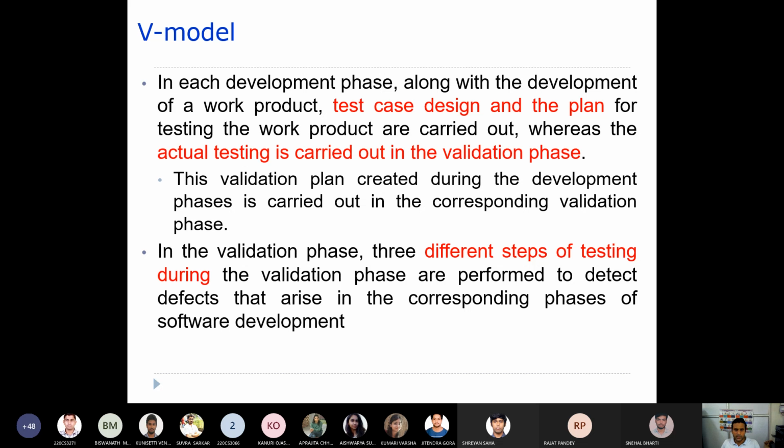In the validation phase, 3 different steps of testing are performed to detect defects that arise in the corresponding phases of software development: unit testing, integration testing, and system testing.